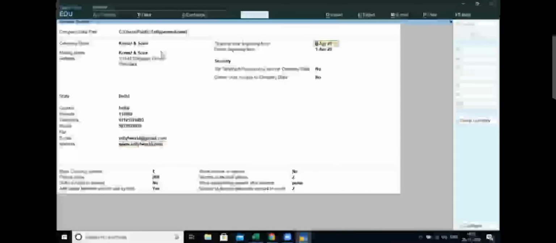Then you have to provide the financial year begins from, which is 1st April, and the books beginning from date. I have explained in my theoretical lectures the difference between financial year begins from and books beginning from.